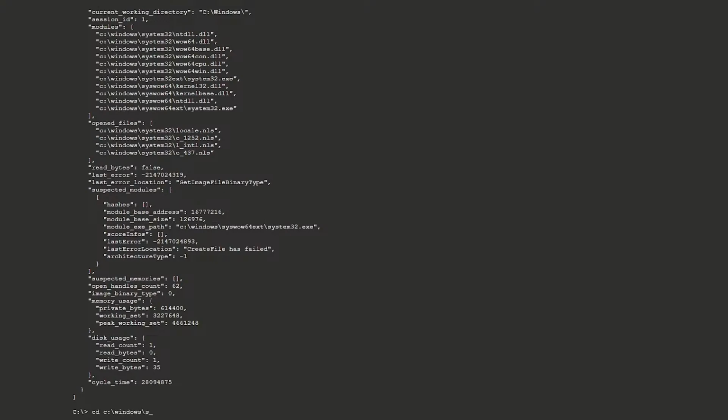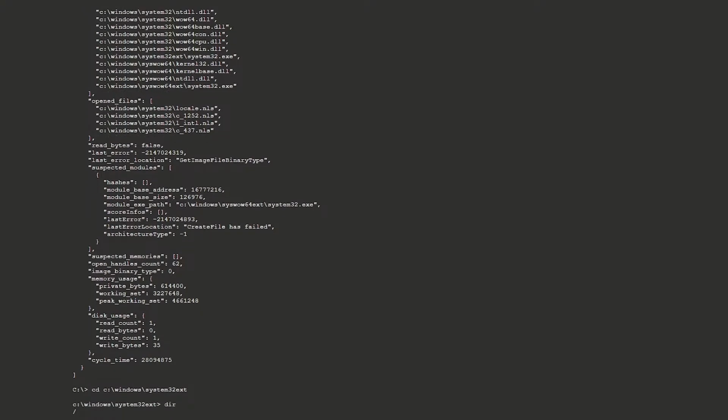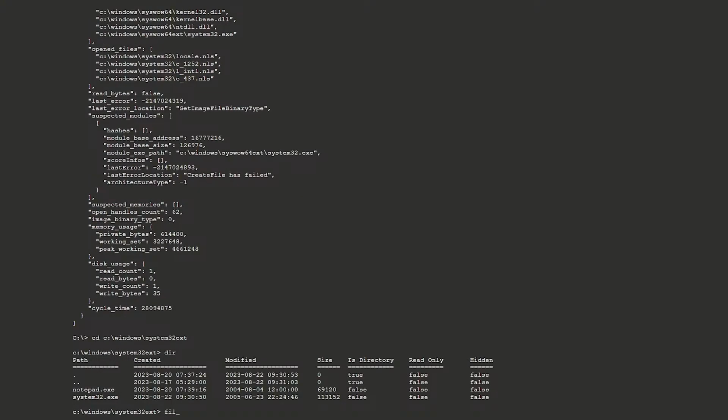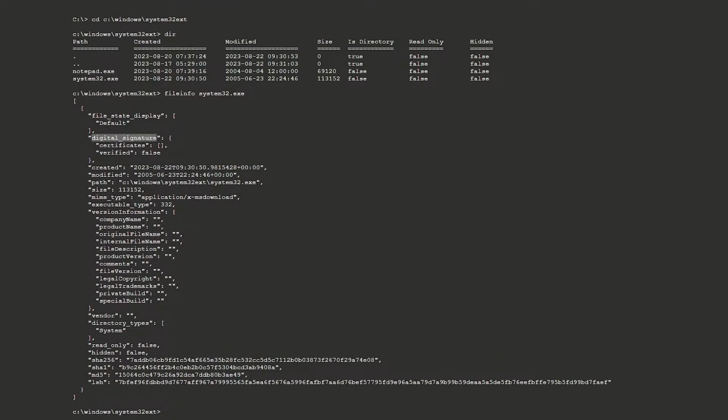And we can actually navigate inside the file system following the same principle as the Windows console. So let's go and see the image file on disk. And here it is, system32. Now I would like to get more information about the image itself inside the device. For that, we run the file info action. And as you can see, it's an unsigned image, unknown publisher. So if we can sum it up, we have a scheduled task running every 5 minutes and triggering an unsigned process without